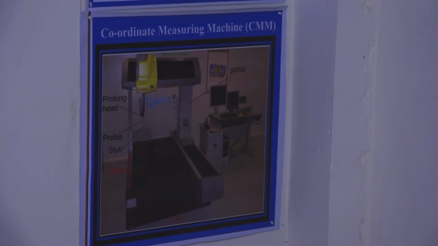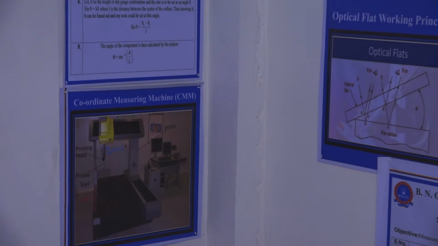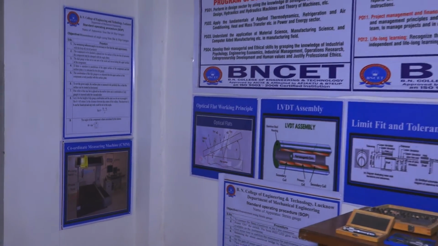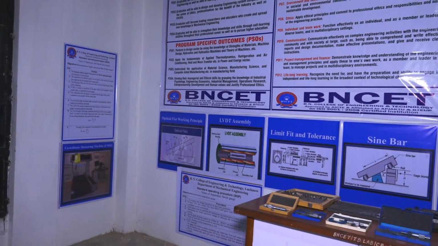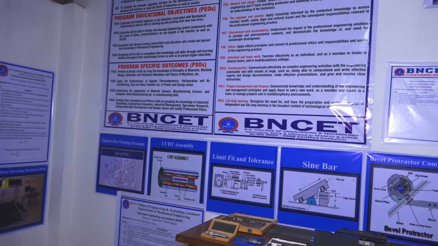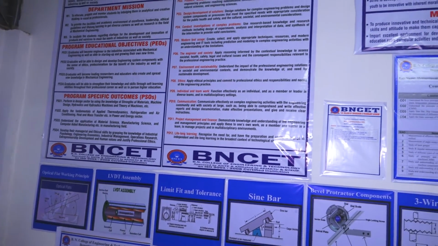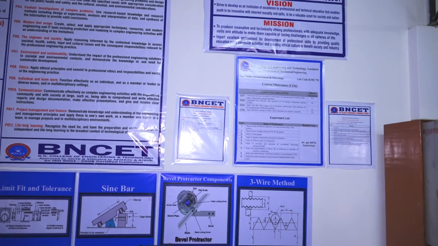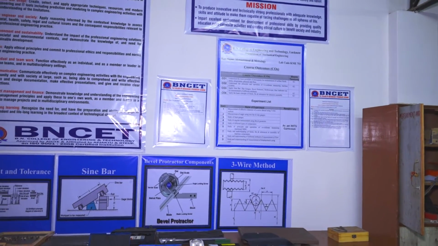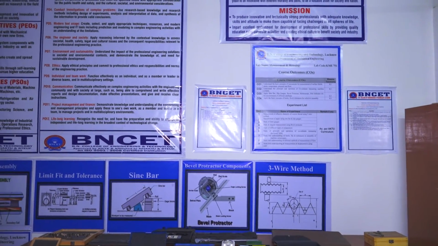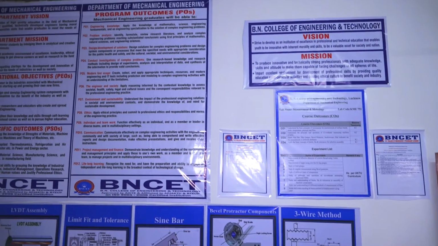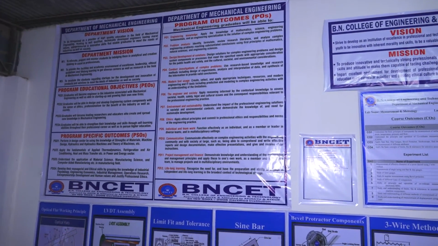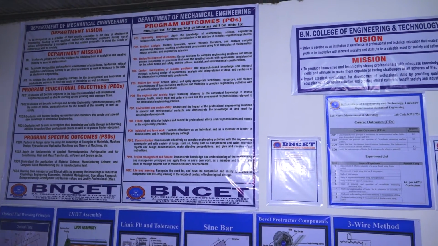This is a standard operating procedure for measurement and metrology lab. This is course outcomes of measurement and metrology lab. The course code is KME 751. All the experiments are properly listed in this particular